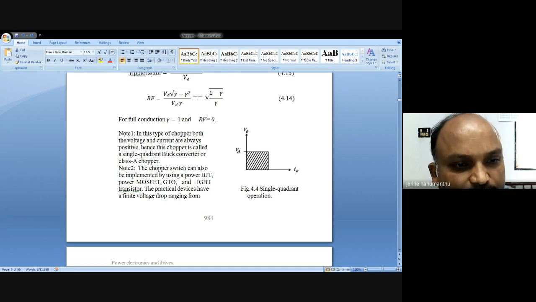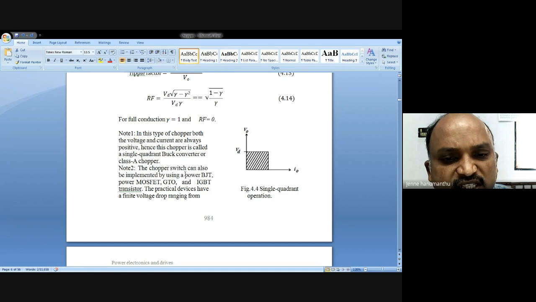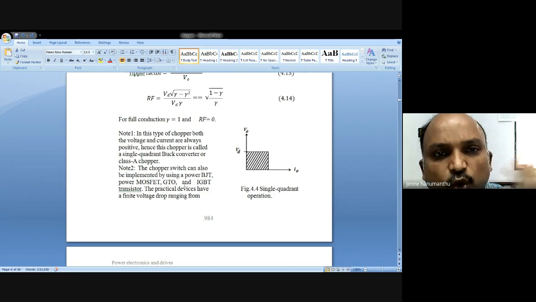The chopper switch can also be implemented using power BJT, MOSFET, GTO and IGBT, as I told you already. But remember, if you use all these devices, they give low power applications.